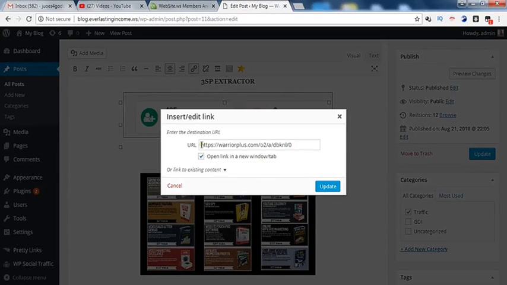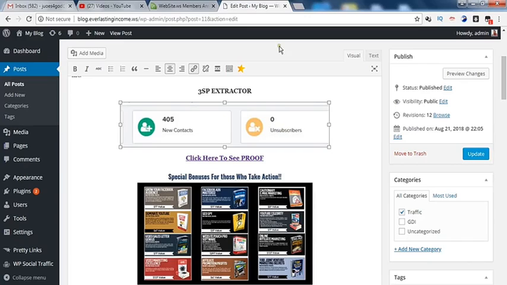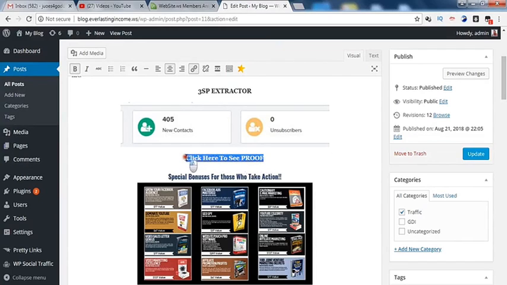Then you put your affiliate link here, your affiliate promotional page here, then they click update, so that when they come to your site, they click here, it will still take them to the affiliate product. The link here too is the same thing. You can type anything as your link. You can type anything here, like a call to action.